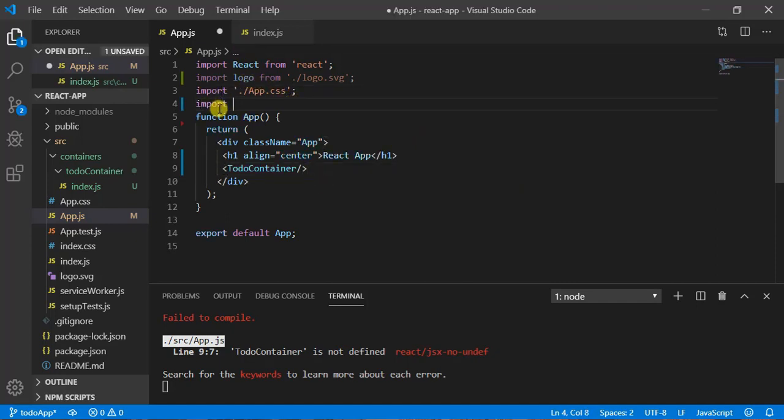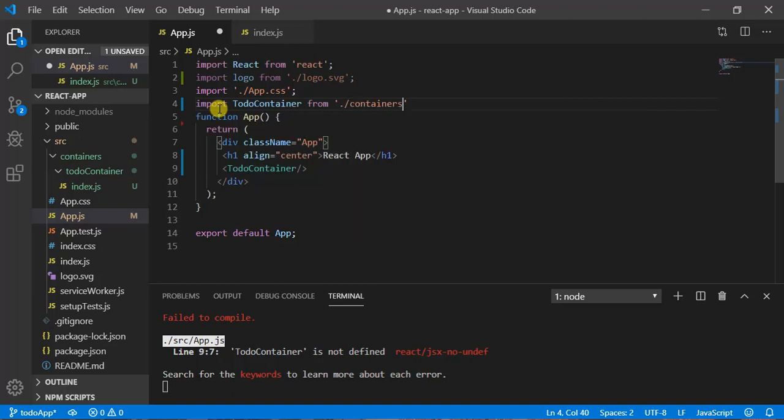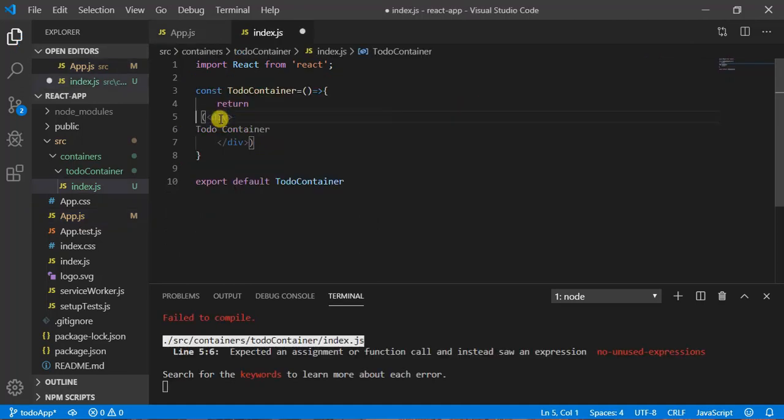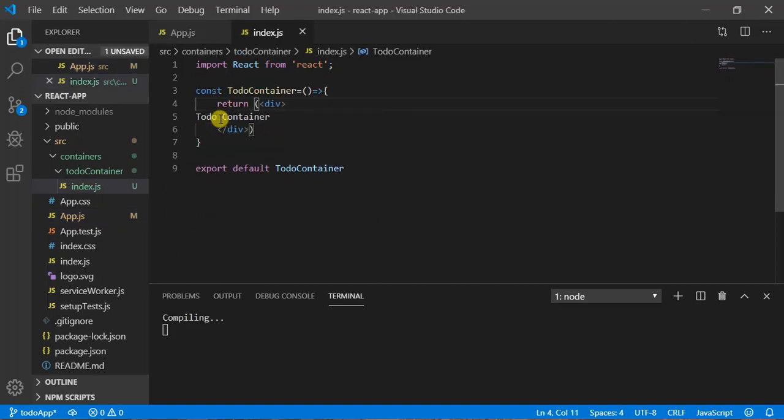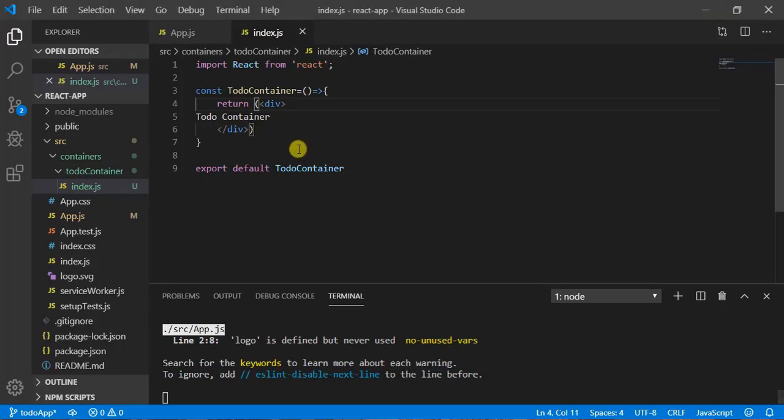So import to do container from, and I need to go to container. Here I can have to do container. Let's save it and have a look. Now you can see I am getting this to do container, which means we have imported our component here successfully.